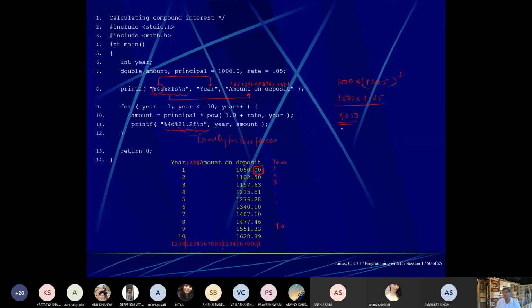1050. No decimal places are there, but because we have written a format specifier, it will put the 2 zeros here. So this is the motto of format specifier, how to print, because in early days all the billing programs were based on C language. Library management, railway reservation, each and everything is based on C language.